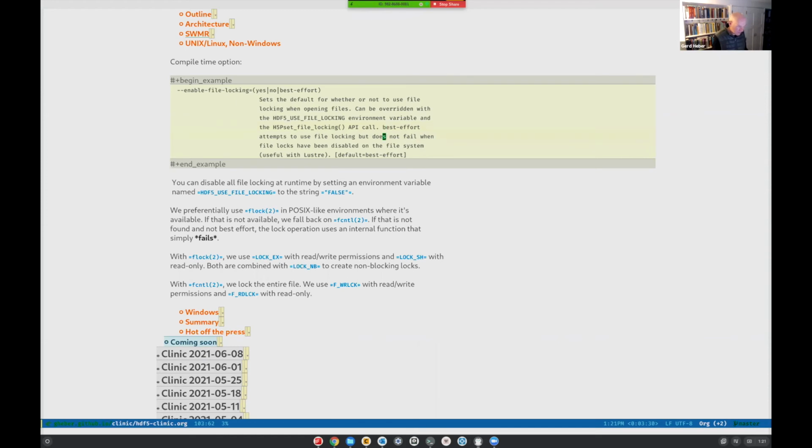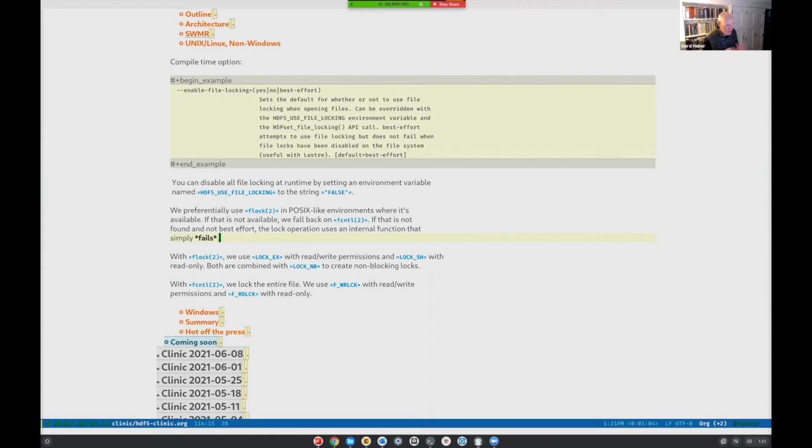If this best effort setting is not set and neither flock nor fcntl are available, then the library will actually fail. It will say locking wasn't enabled, locking wasn't disabled. I wasn't told that this is supposed to be a best effort, so the library will just say, I'm confused,